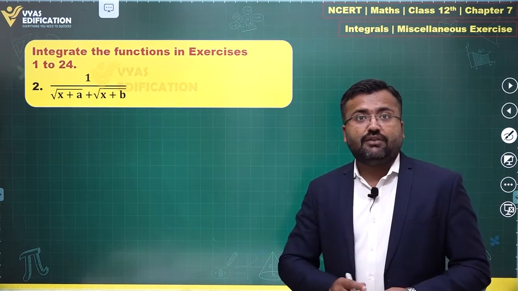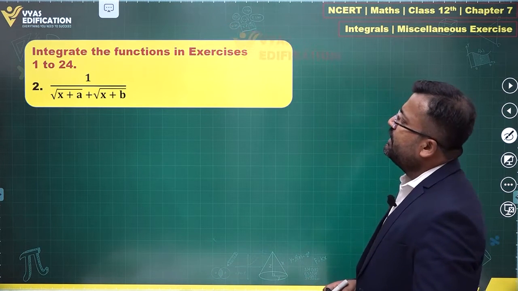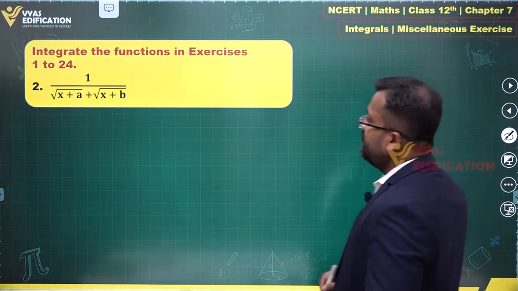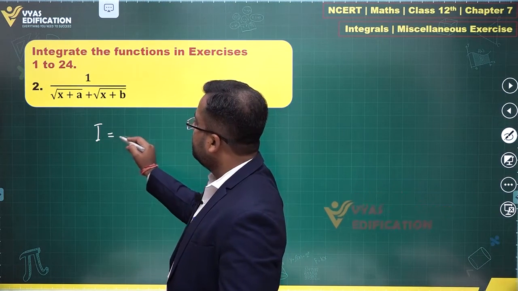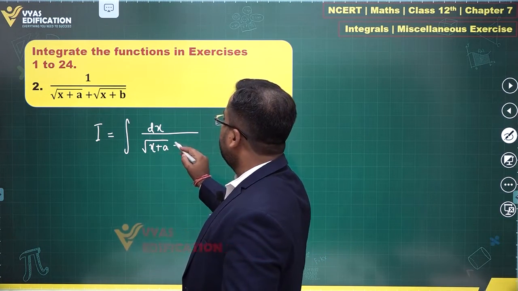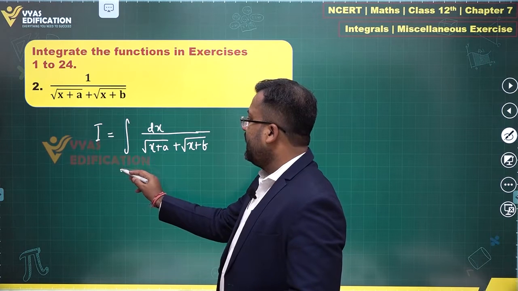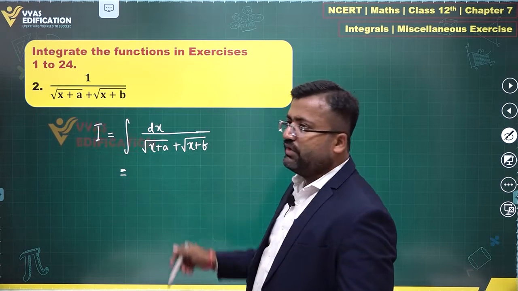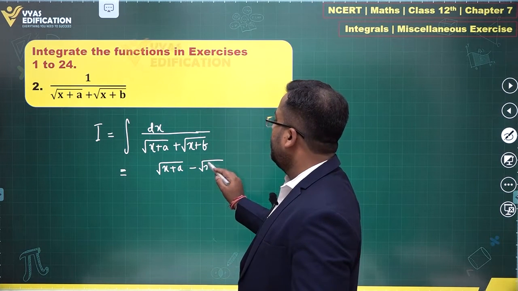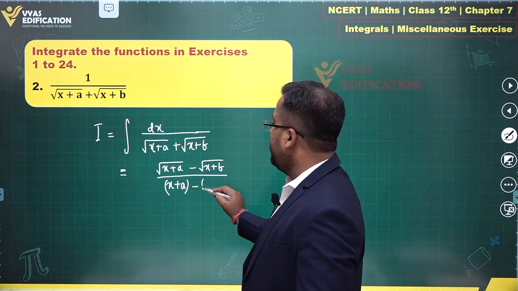In the second question, we have 1 upon root of x plus a plus root of x plus b in the denominator. So what can we do over here? We can simply rationalize the denominator first of all and see where does that take me. So I is integral dx upon under root of x plus a plus under root of x plus b, and rationalizing the denominator, you multiply and divide with under root x plus a minus under root of x plus b. Numerator will be this. In the denominator you will have x plus a minus x plus b